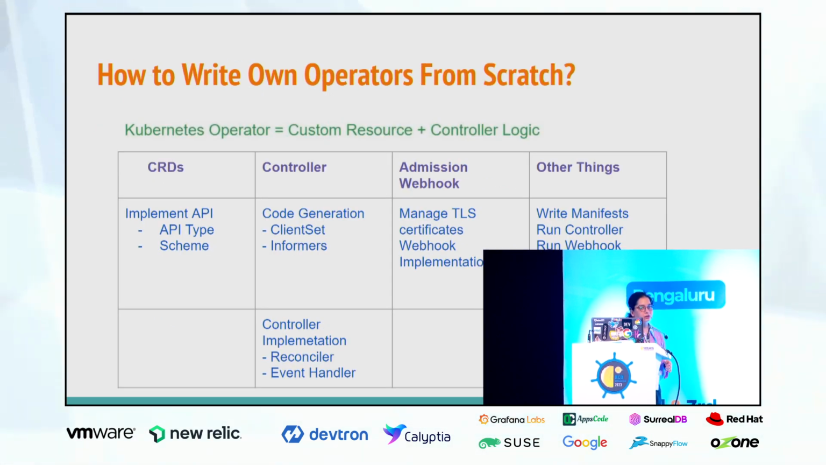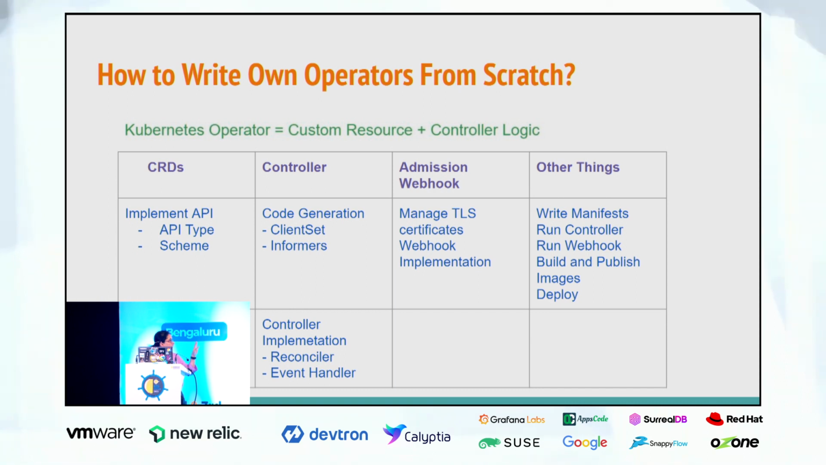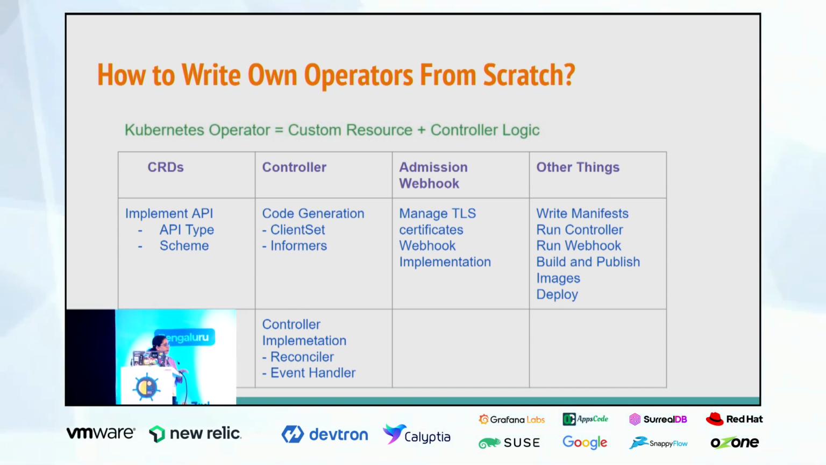So how do we write operators from scratch? As I have told you, a Kubernetes operator has a custom resource and your business controller logic also. For CRDs, we have to implement our API types, the schemes, and register them with Kubernetes, so that this is going to be a particular CRD. In the controller, these are all part of the client-go library, where we have to use client set and informers, and create our own reconciler loop, event handling,